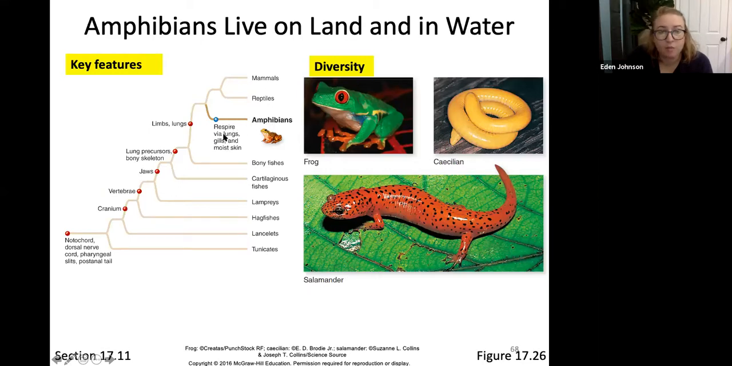So amphibians respire via their lungs. They've got gills and moist skin. So at different points in the amphibian life cycle, you're gonna have different things, right? This frog is going to have lungs, but when it was a tadpole, did it have lungs? No, okay? It had gills and these lung precursors that would then turn into lungs once it went through that